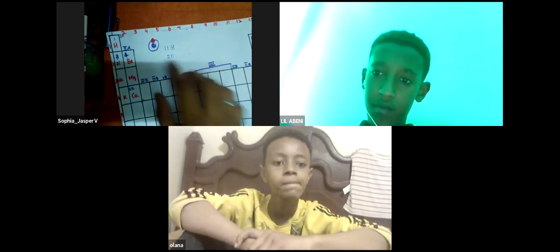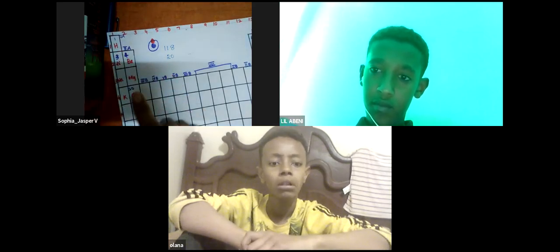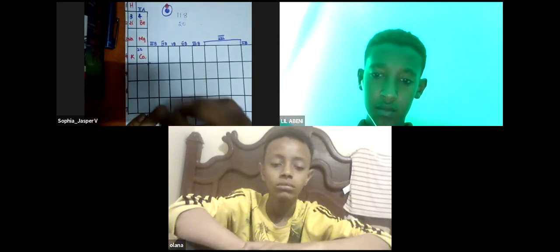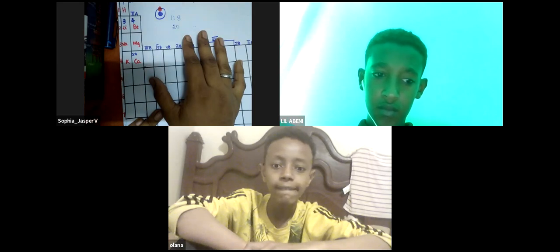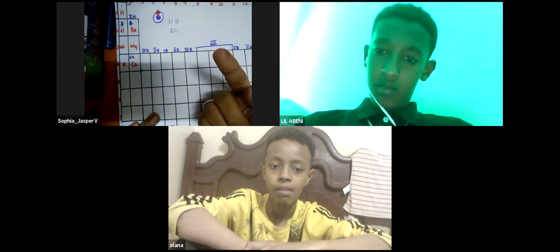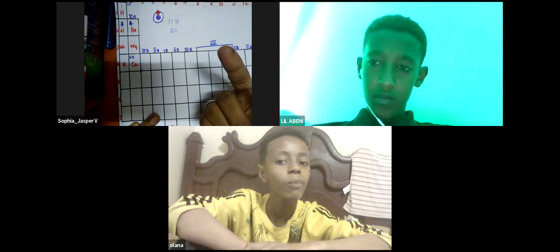Now, what's important from the exam point of view is these 20 elements. Starting from hydrogen until calcium, if you know the exact order, you will be quickly able to write down the atomic number as well as find out the mass number. There is also one small trick to find out the mass number from the atomic number. Does anybody know? How do you find the mass number of any element?